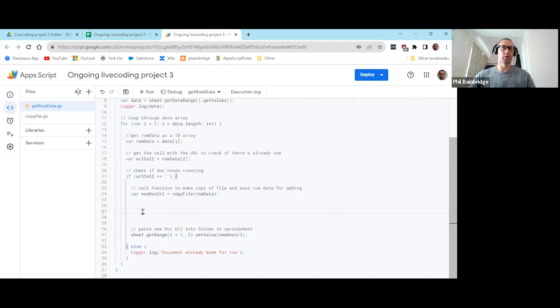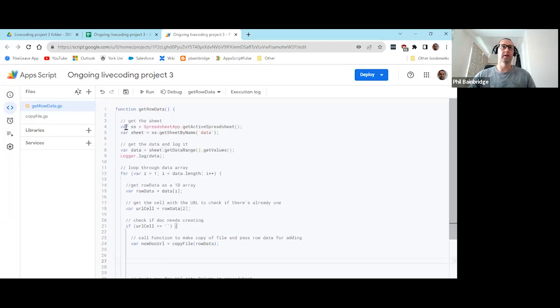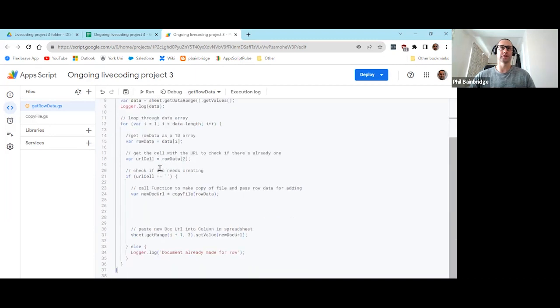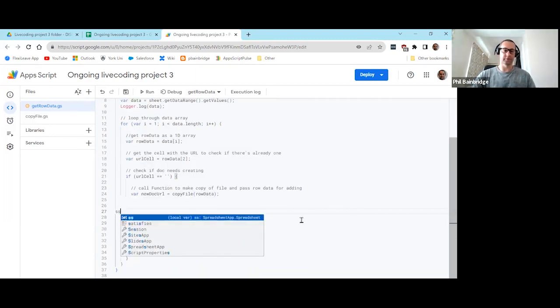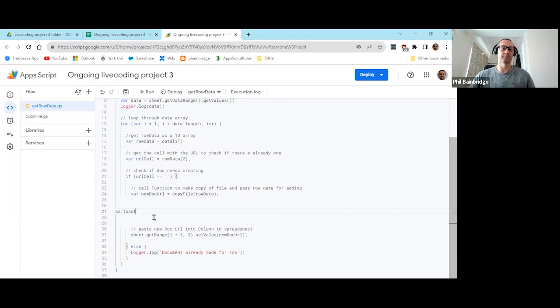So I'm going to basically insert a line of code. Up here, you can see that we already got hold of the active spreadsheet and stored it as a variable called SS. That is what we need for our Toast notifications. So here, I'm going to put SS, full stop, and I'm going to start typing the word Toast, which gives me one option there.